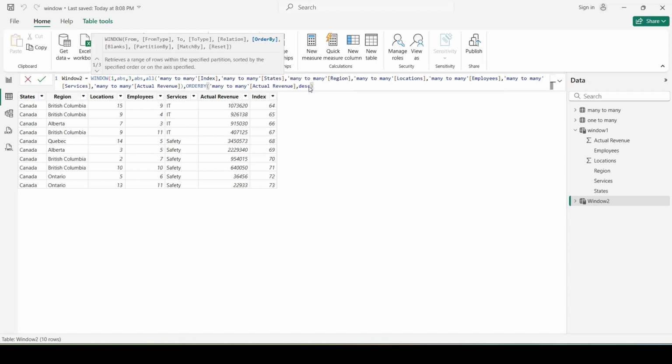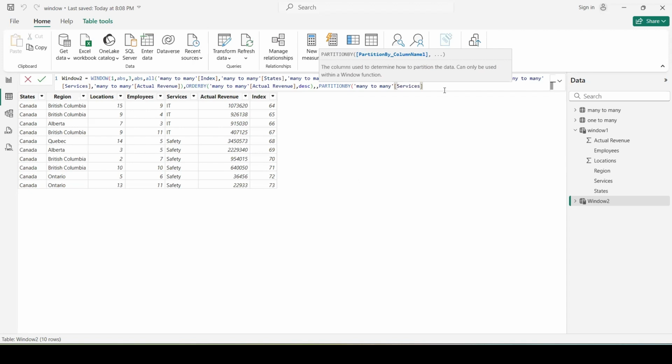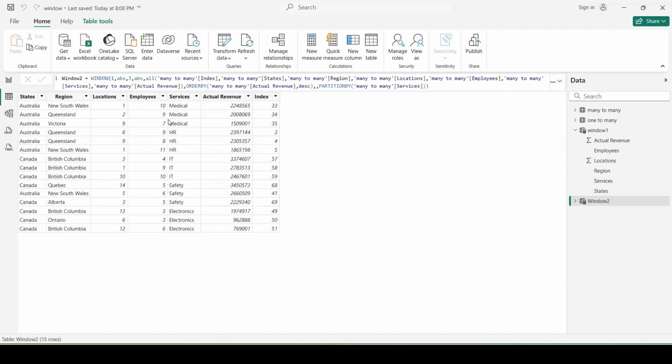Then blanks we don't have, and we want to split data by categories in the service column. So we'll add services and just close parentheses, and let's see what we have.